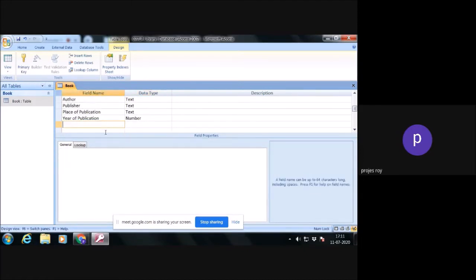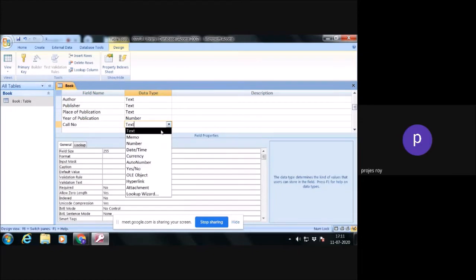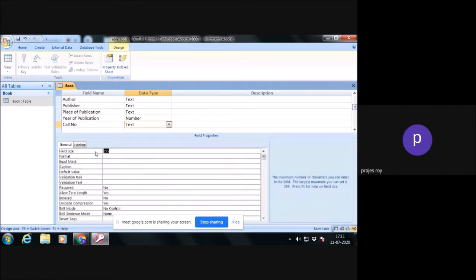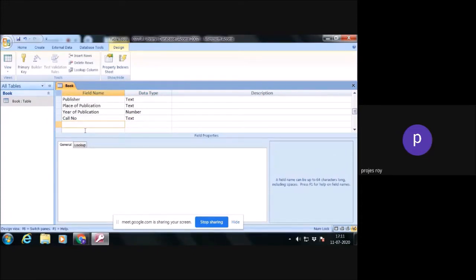Then call number. Call number will be text, and it will be maximum 20. Then after call number, we have to put the subject heading.